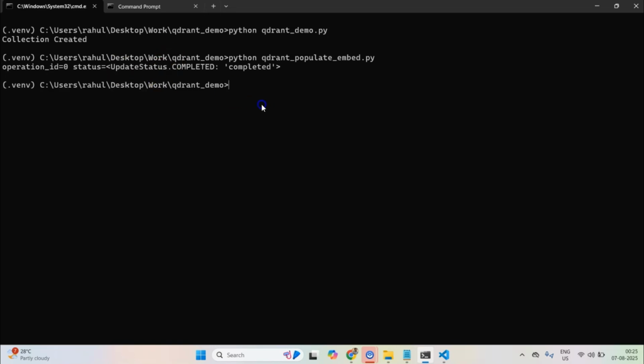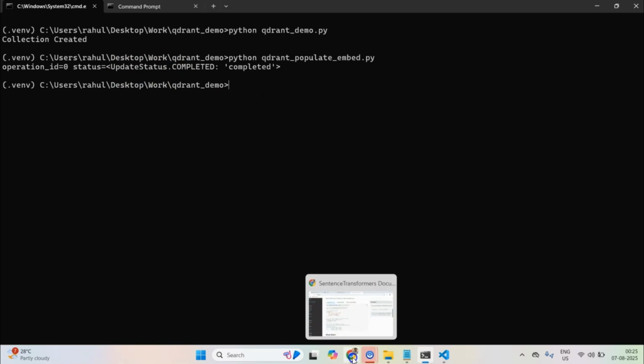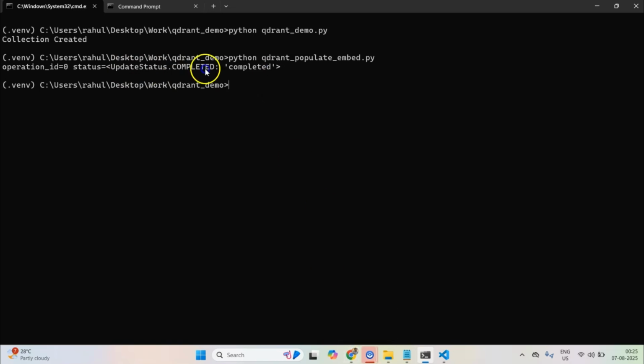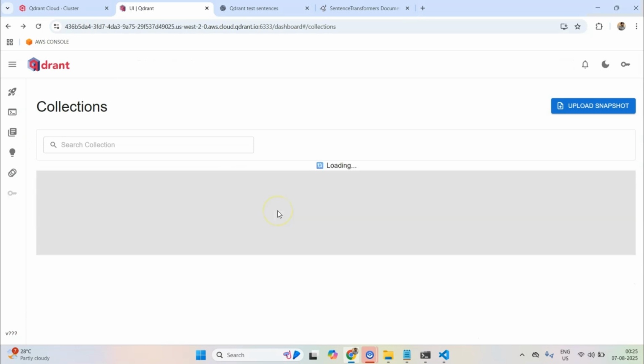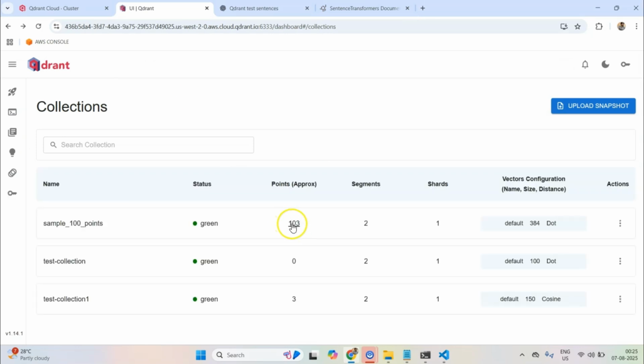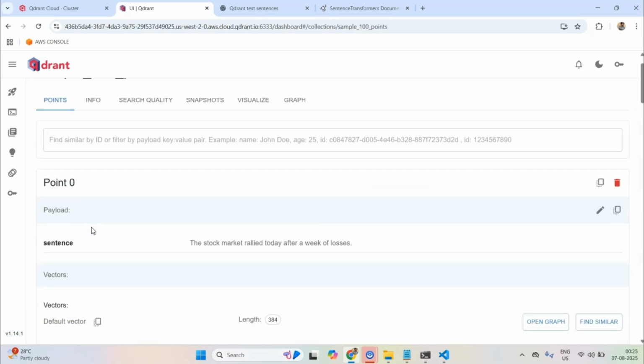It's completed, but it did not print. I see why: I did the same exact process about a day ago, and the models were still in the cache. But let's see if on the UI we can see all the points. We see that 103 points have been added.